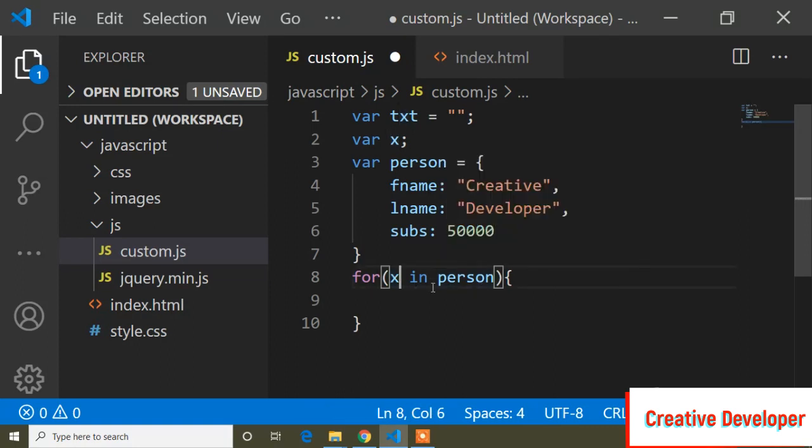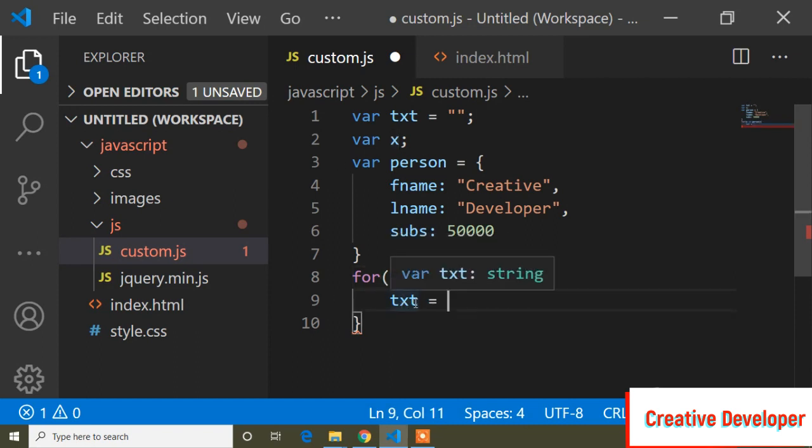So x in person, and now I can write text equals to, text means this variable. Now I will store this because now I have got the person's object property inside the x variable. So now I will store this inside the text variable.